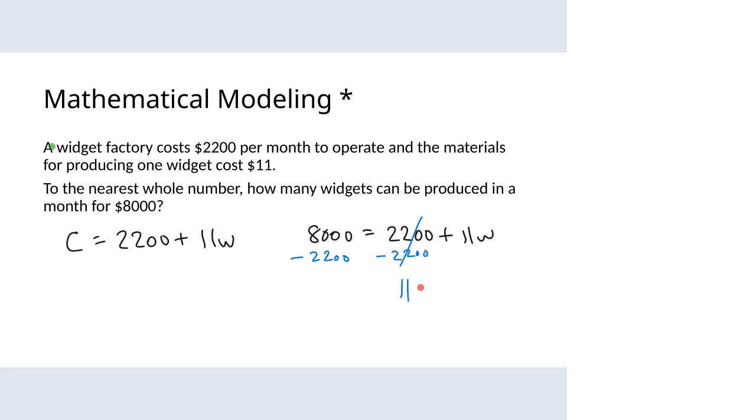Those will cancel, leaving 11W. And on the other side, we'll have 8,000 minus 2,200, 5,800. And then to get W by itself, we'll divide by 11 on the right, divide by 11 on the left. Those will cancel. 5,800 divided by 11 is